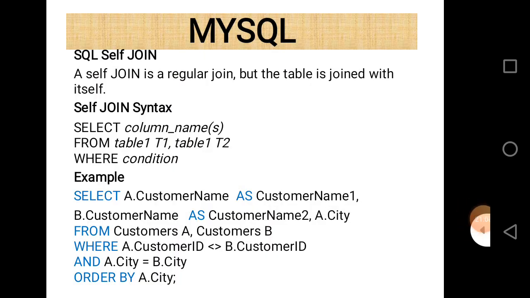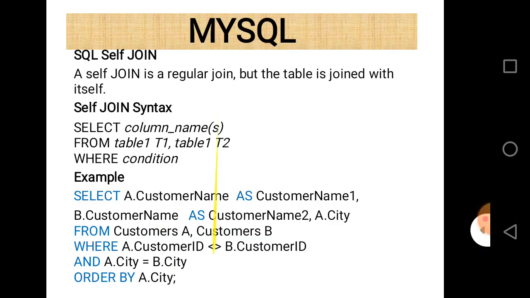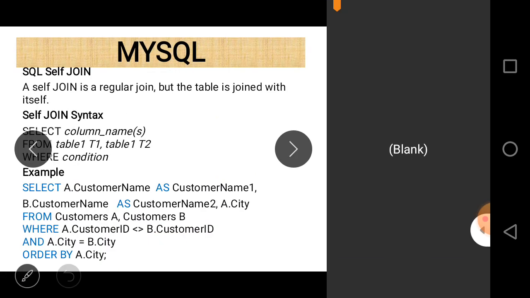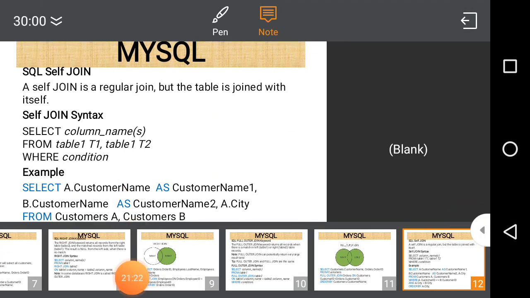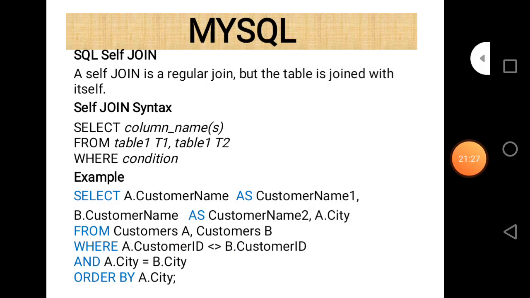Select a.customer_name as customer name 1. So different alternative names are given here. You can easily see that in this table. So this is a self join.